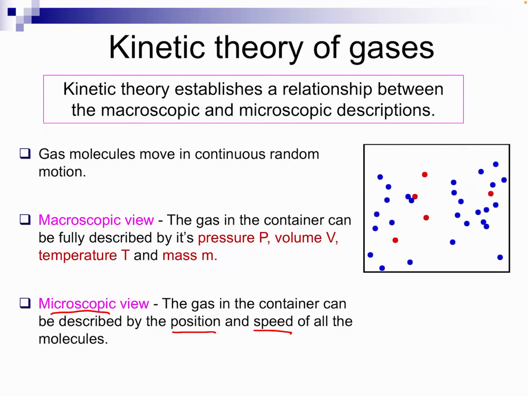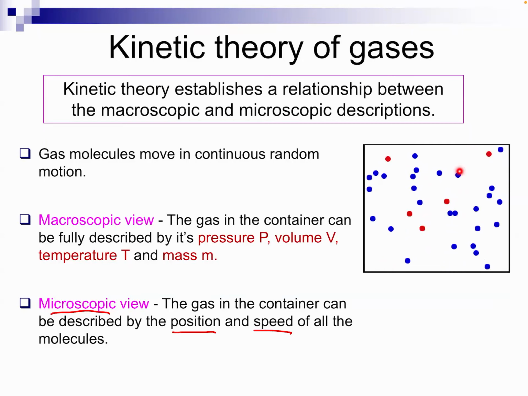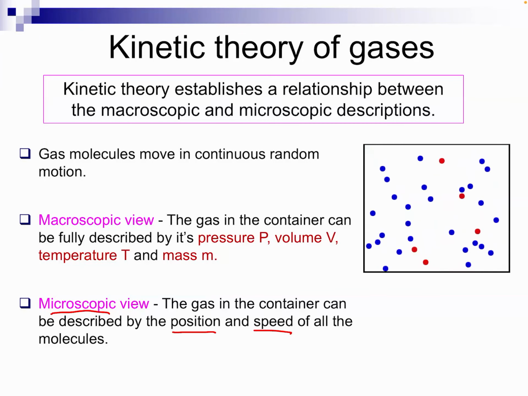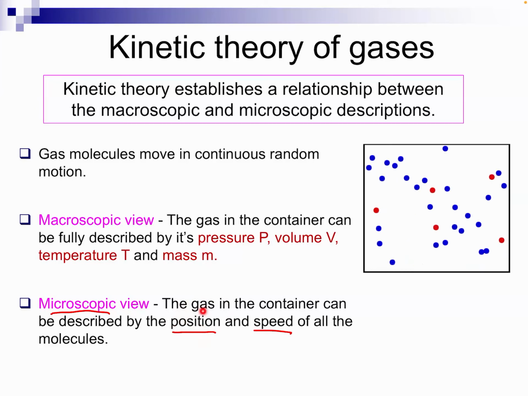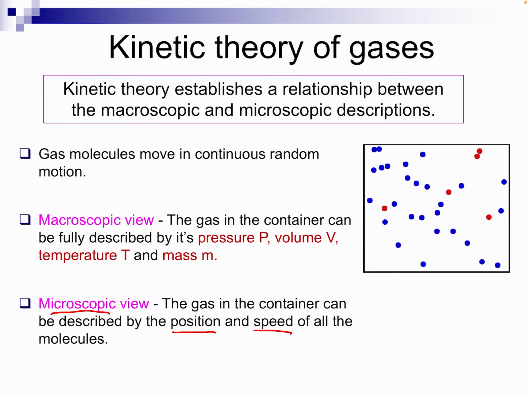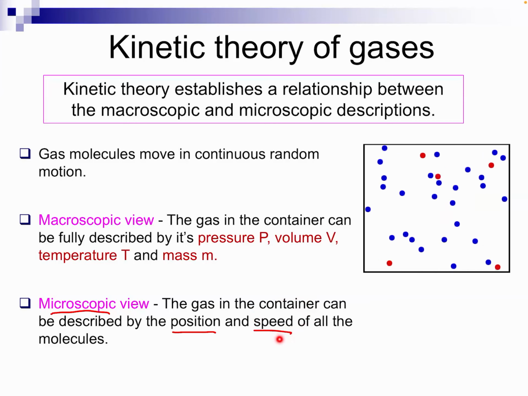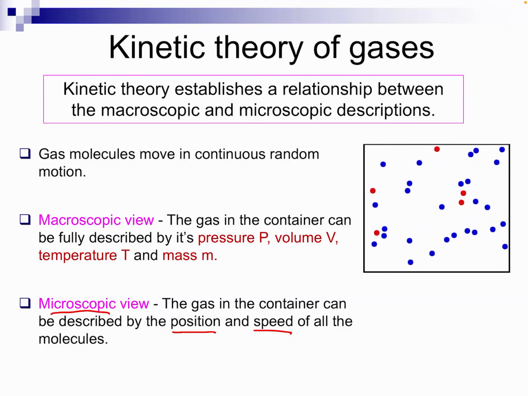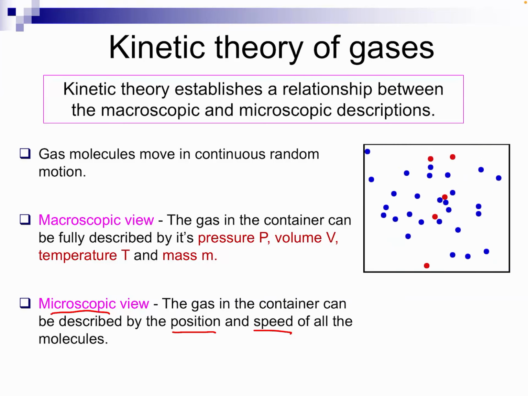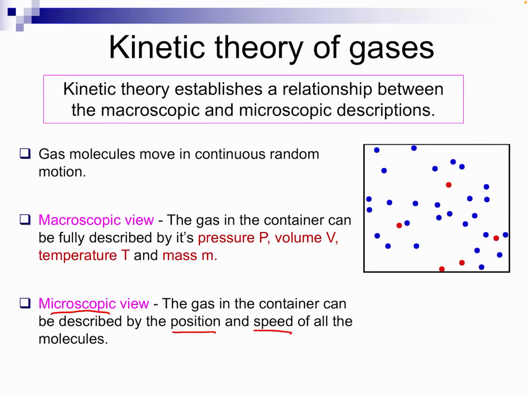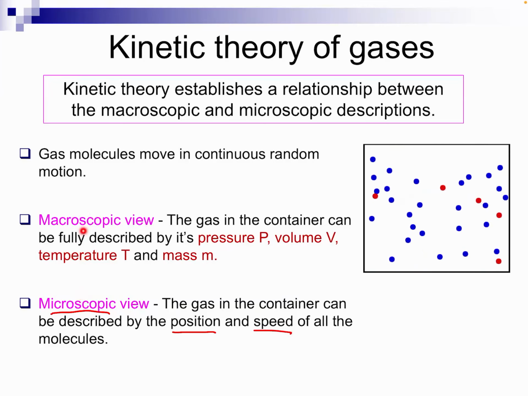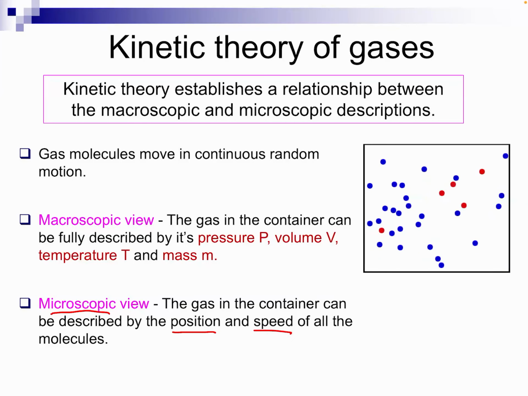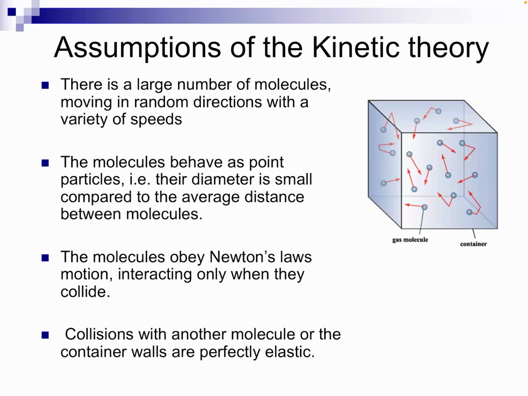But as you can imagine, the gas particles are moving randomly. So it's very difficult to specifically pinpoint where the gas particle is at any particular time. And it's also difficult to determine the specific speed of each individual particle, especially if there are a lot of gas particles. So for kinetic theory to reconcile the microscopic and macroscopic picture, it needs to make some assumptions to make the analysis easier. So here I list down the assumptions for kinetic theory, and based on these assumptions, we are able